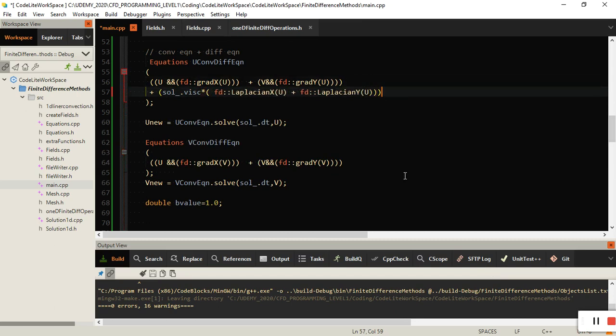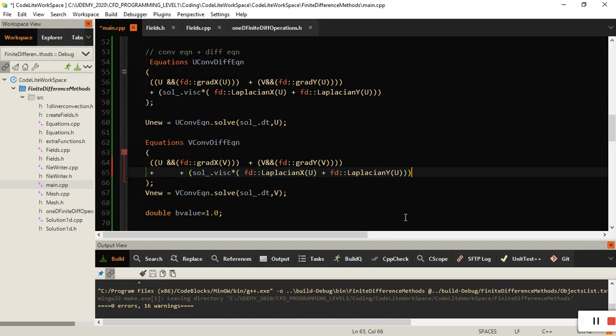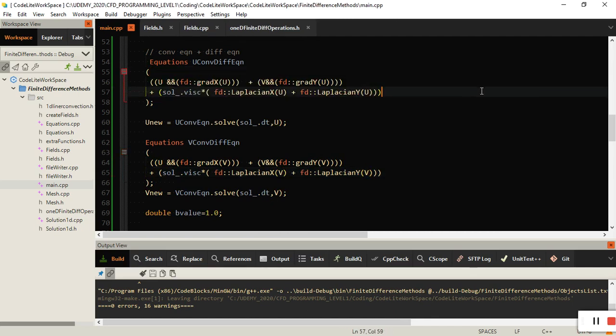So now we have written the diffusion term, and copy this guy here, delete some stuff, and change this to Laplacian of v velocity. So there we go, we combine them together now,